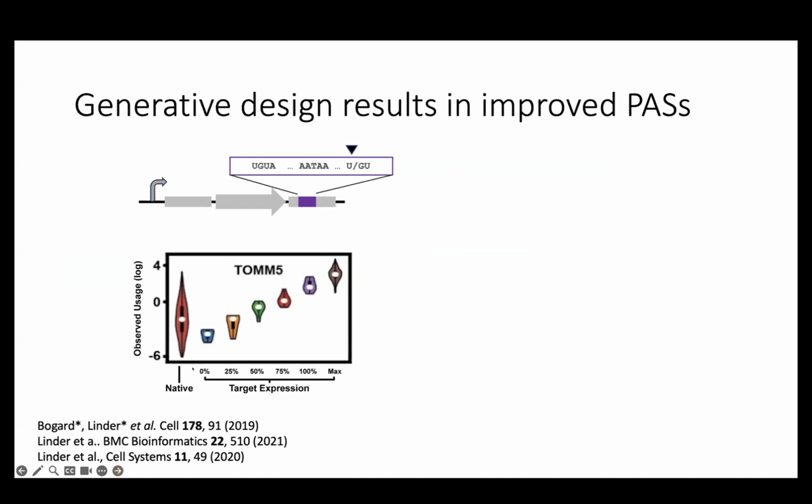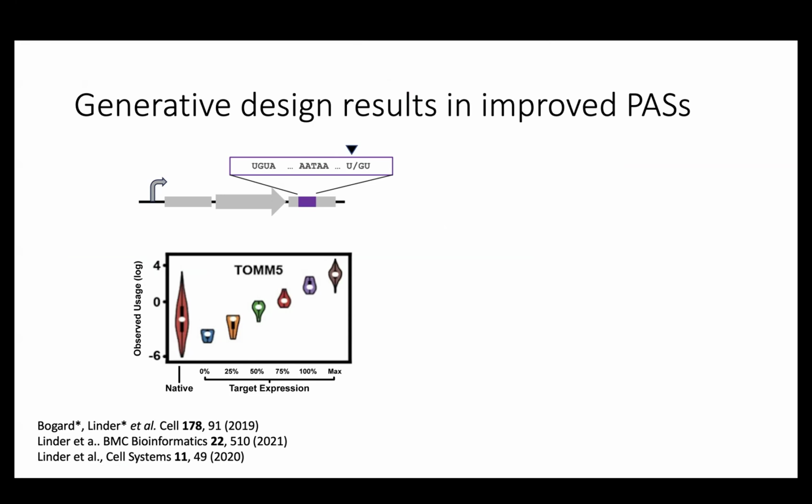Now, I just want to give you a couple of examples of how we actually use this. So Johannes, when he originally designed this, was actually in the context of the 3' UTR, the other end of the messenger RNA of a gene. When human mRNA is transcribed, it actually has to be terminated. There's a point where the transcript gets cut, and then a bunch of A's get appended enzymatically. And there's signals encoded in the 3' UTR typically that determine where this cutting and termination should occur